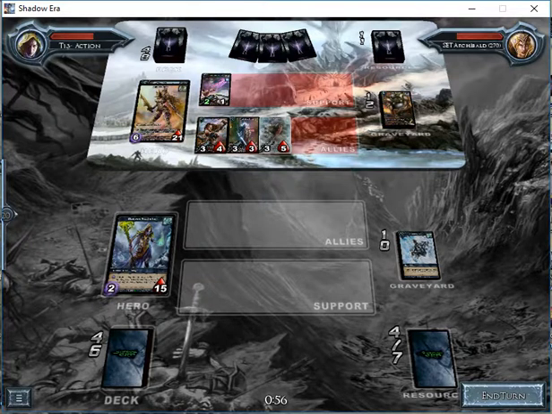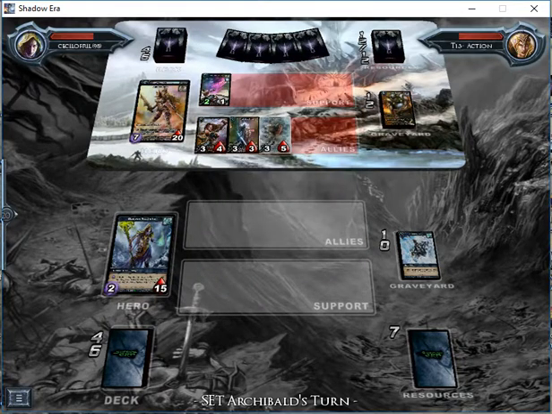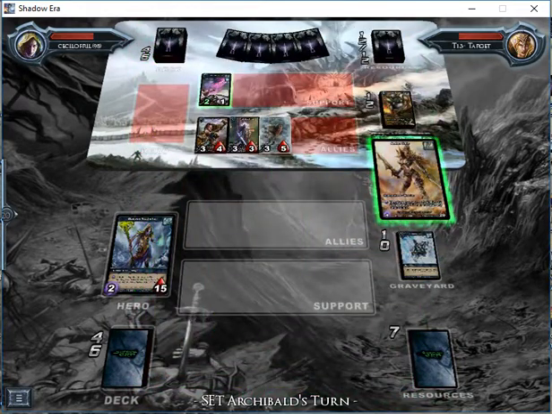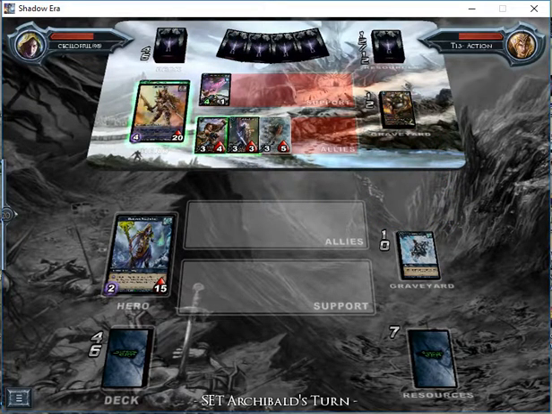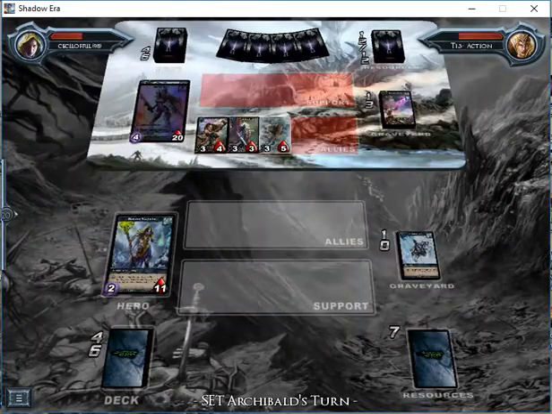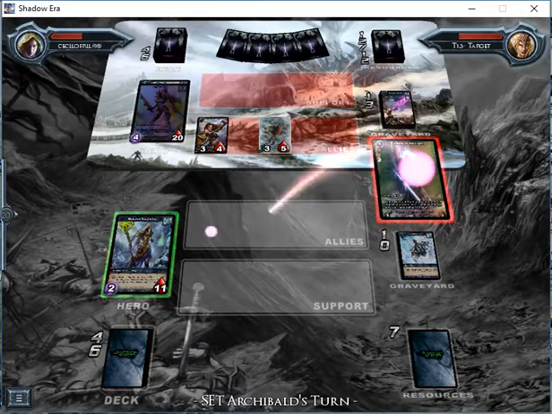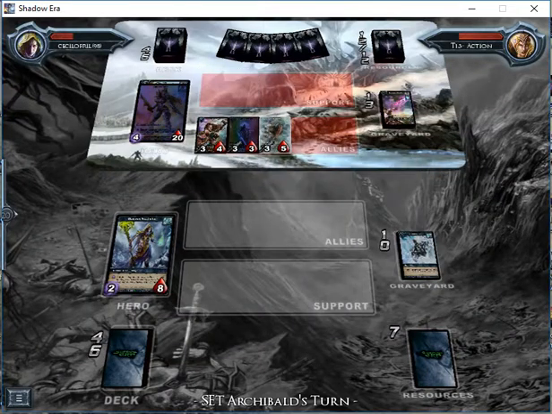Granted, he still has 6 shadow energy. Well, 7 now, to be able to use the gemstone javelin. See, and he had the opportunity to do something like that a lot earlier in the game with the other dagger, and he didn't do that. Yep. Now, he would be hitting me for 9 damage right now, but because I froze his one guy,